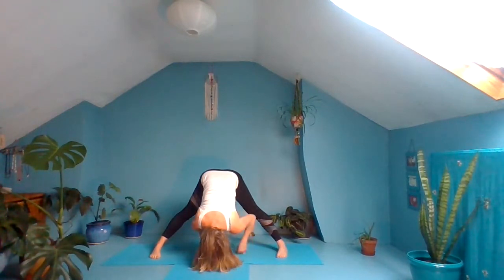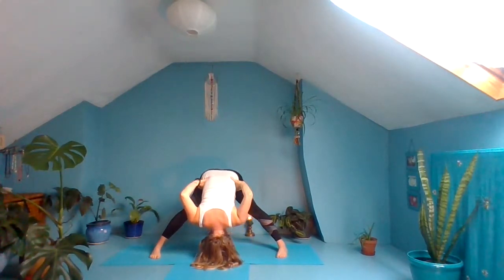We're going to turn the toes in, so the outer edges of the feet are parallel, and then fold in, taking a nice wide-legged forward fold. You can walk your hands back between the legs, or you can just have your hands resting down. Good, and then bring the hands to the waist, press down into your feet, inhaling all the way up. Good, and then just heel toe your feet in, step back to the front of your mats,